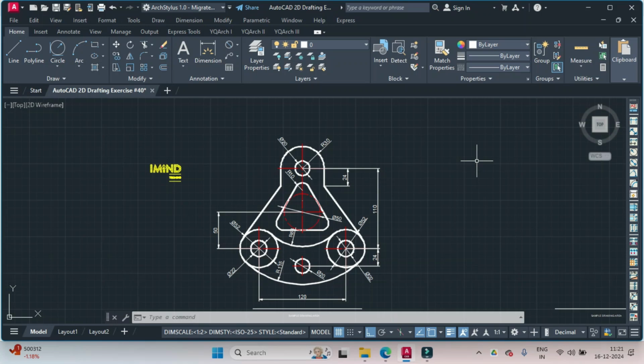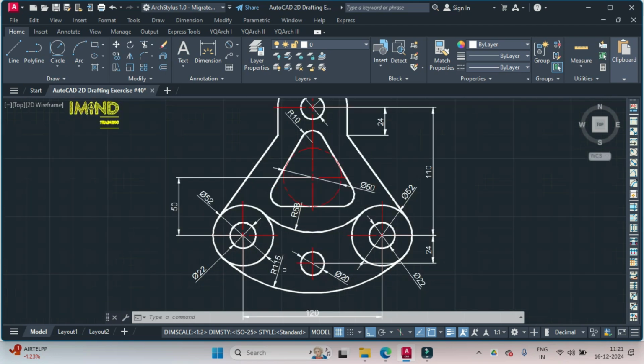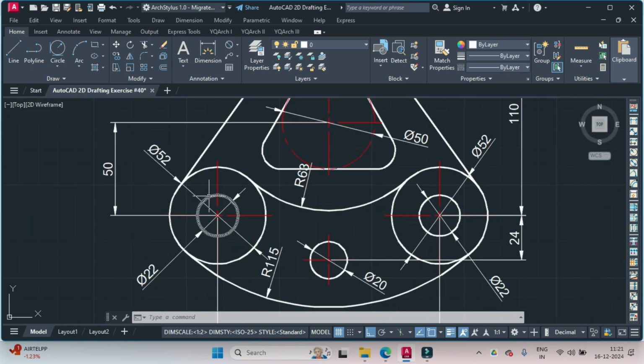Hi friends, in today's video tutorial, we will study how to prepare this geometry in AutoCAD. As usual, we'll first spend some time analyzing this drawing and trying to see how we'll proceed with the geometry. After analyzing this drawing carefully, I feel that the best starting point would be this inner circle of 22 dia. So I'll begin by drawing this inner circle of 22 dia followed by this outer circle